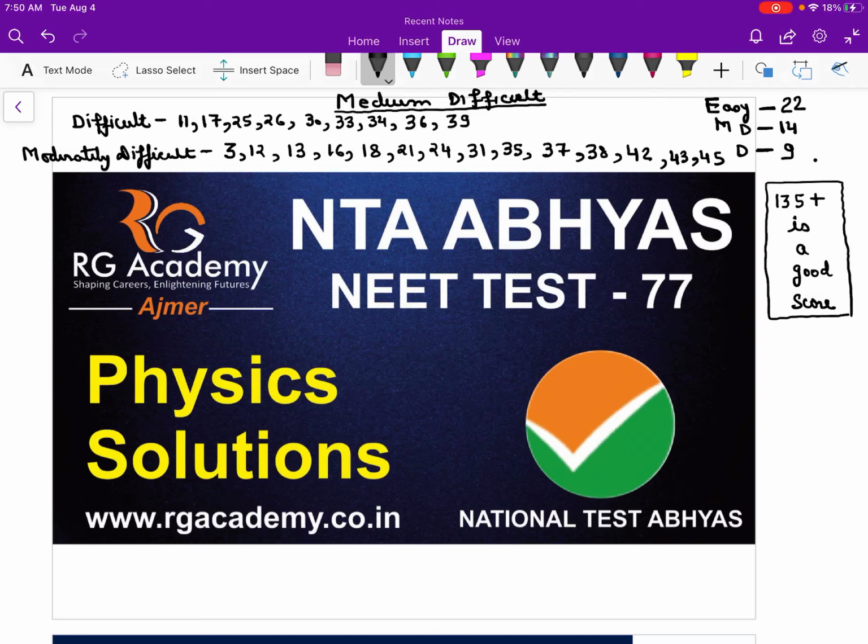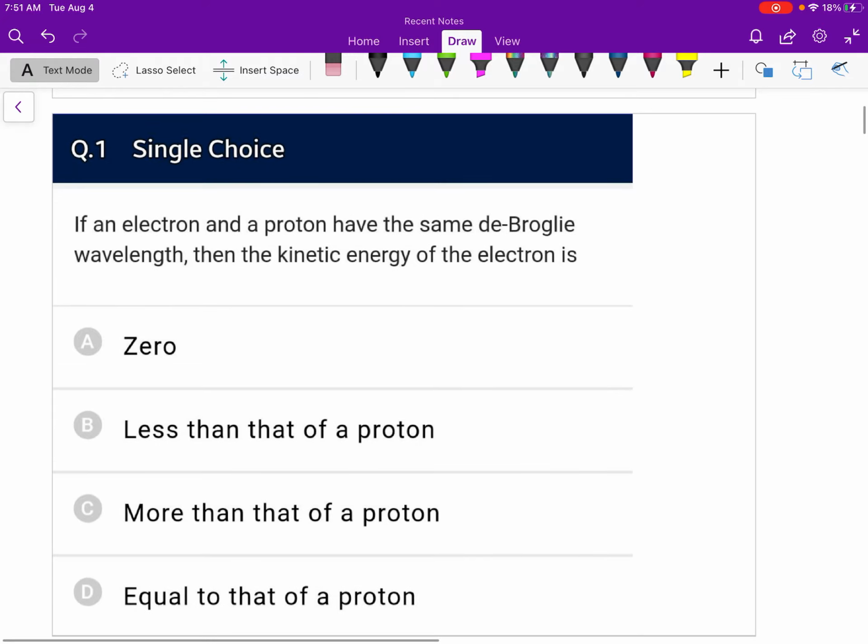हेलो स्टूडेंट्स, सो टेस्ट 77 का डिस्कशन स्टार्ट करते हैं। ओवरऑल पेपर मीडियम डिफिकल्टी लेवल वाला है। अराउंड 9 क्वेश्चंस डिफिकल्ट कैटेगरी में है, 14 क्वेश्चंस मीडियम डिफिकल्टी लेवल पे हैं एंड 22 क्वेश्चंस इजी कैटेगरी में है। ओवरऑल देखें तो 135 प्लस इज अ गुड स्कोर। सो लेट्स स्टार्ट फ्रॉम क्वेश्चन 1।